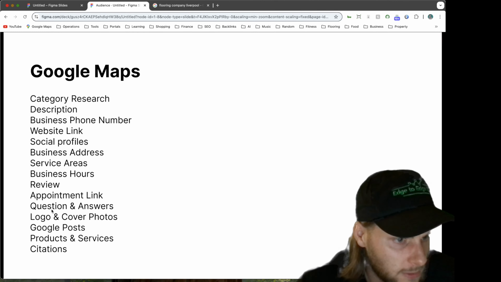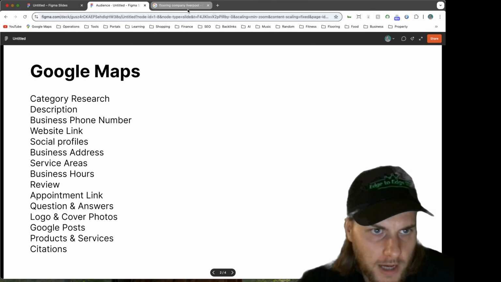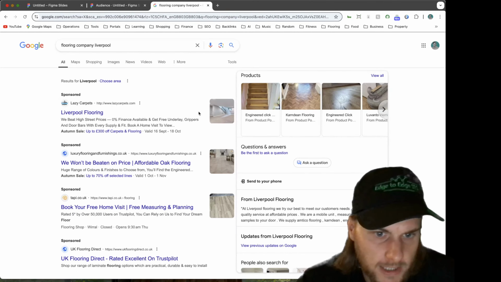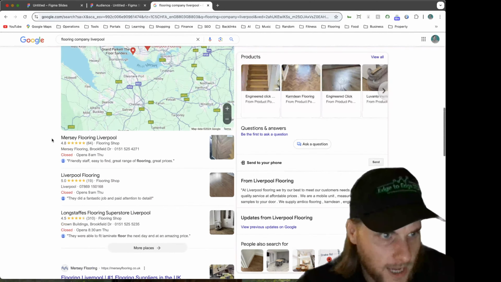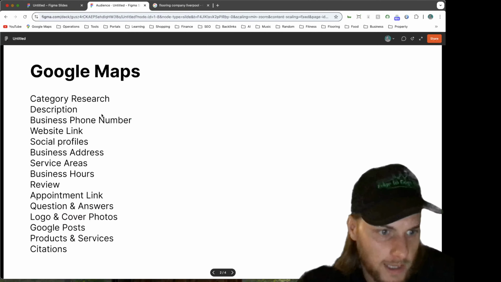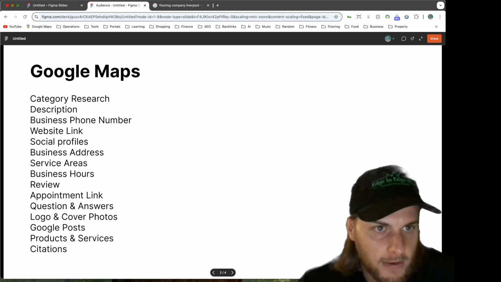So after reviews, we've got logo and cover photos. Make sure that you've got a decent cover photo for your Google business profile, and make sure that you're getting some good quality images on there on a regular basis. Now, a little tip with images: